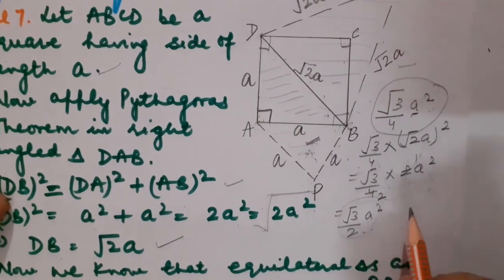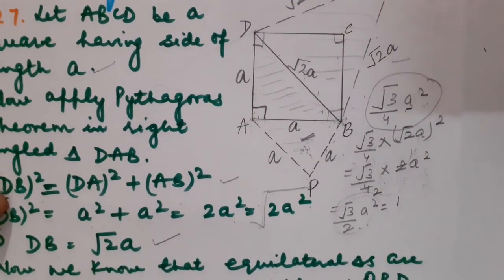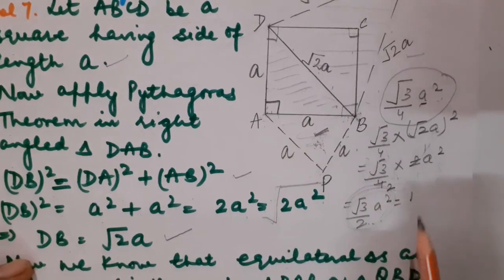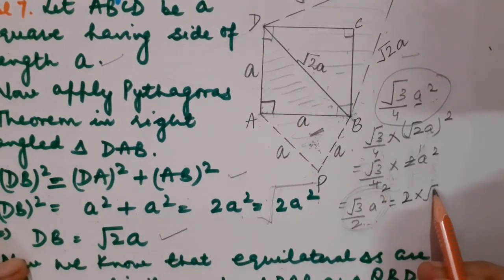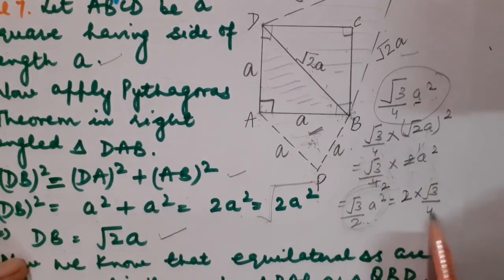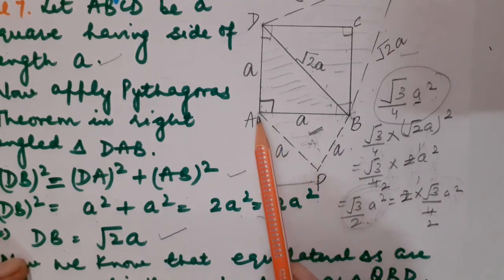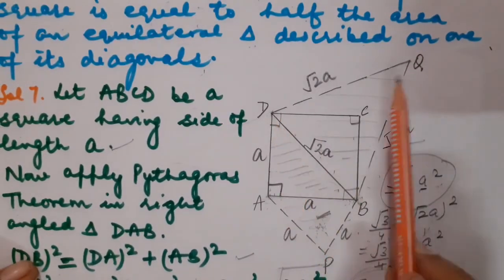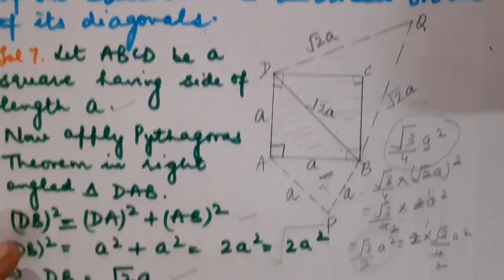So this area is half. So children, this is actually the area of the equilateral triangle, the bigger one. So this must be double the area of this smaller equilateral triangle. Just have a look. Correct? So have I got the same area? But here I am not supposed to prove it double. Basically I have to prove that this area, that is area of equilateral triangle ABP, is half of area of equilateral triangle DQB. So that can also be done very easily.